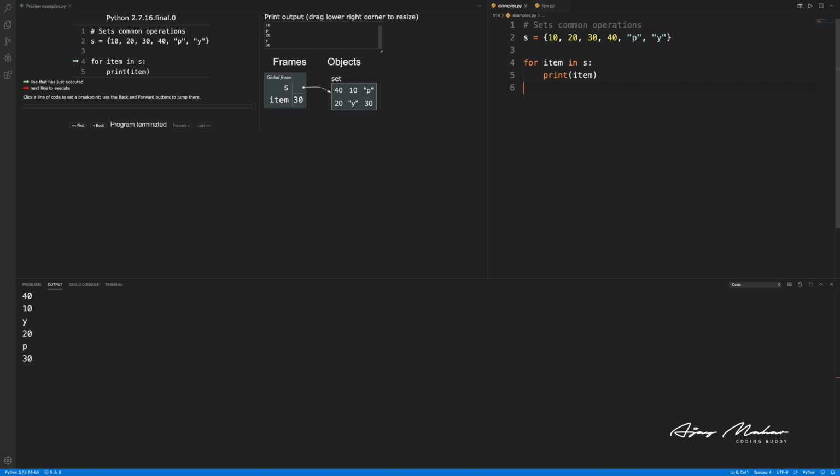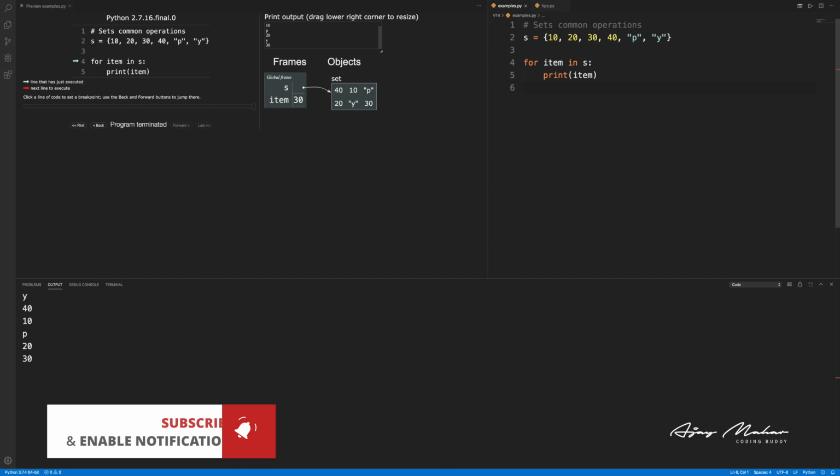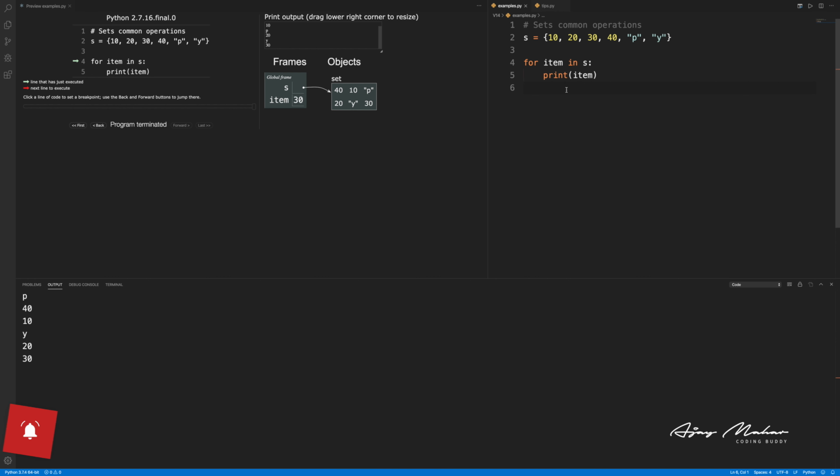Each time when I'm running this program, I'm getting different outputs. You know why? At this point of time, you should know why we are getting a different output, because the set is an unordered collection. We can also use an enumerate function with a for loop. For example,